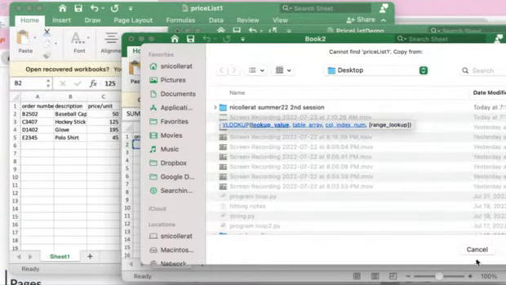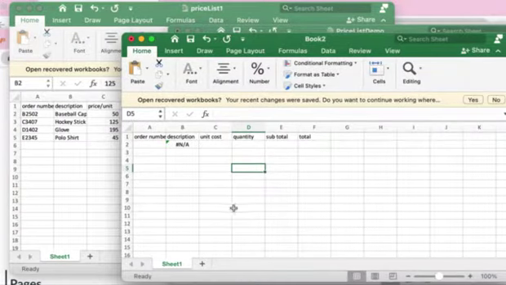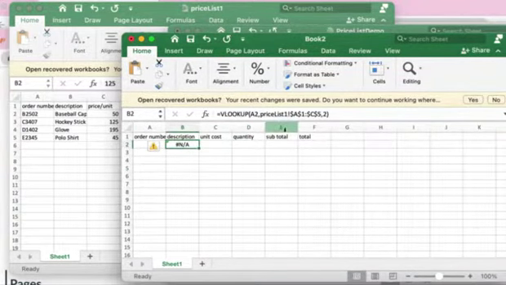Oops, sorry about that. The first argument is A2. Okay, the second argument is Price List 1, exclamation, $A$1, colon, $C$5, comma, that's the second argument, and the third argument is